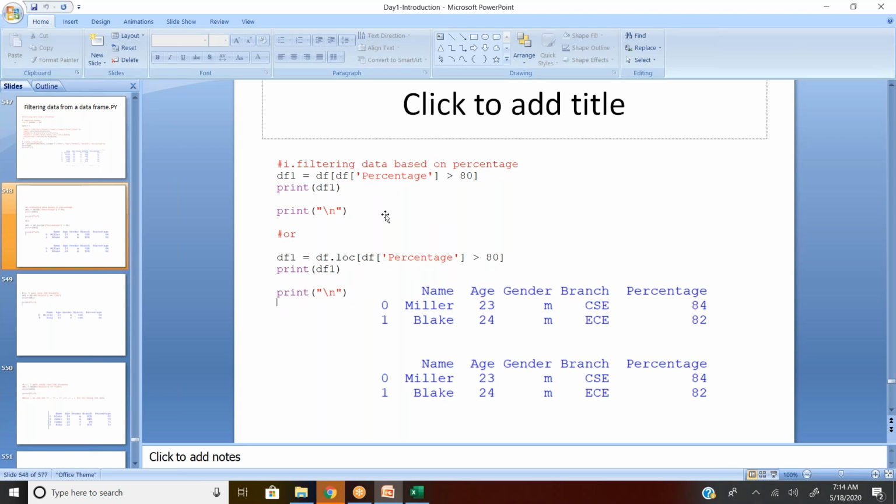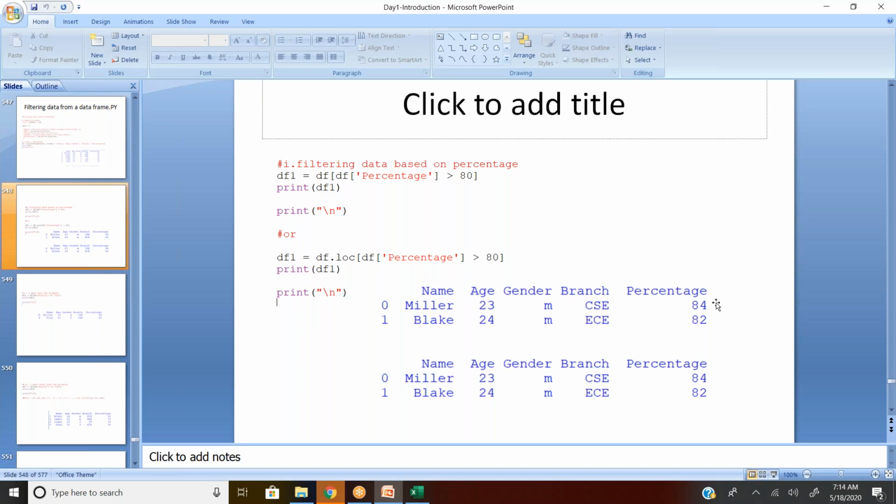What is my condition? I need percentage. Where is this percentage available? In df only. So df of percentage greater than 80. Are you getting my point? Is it confusing? I'm storing these results in df1. When you print df1, you will get the first result.